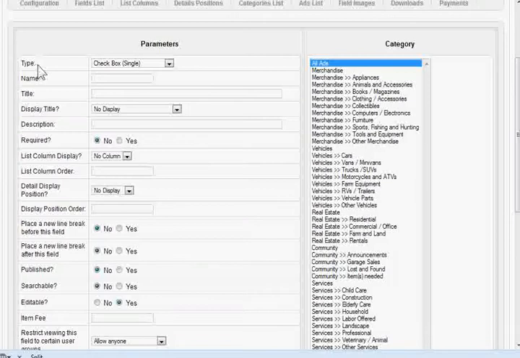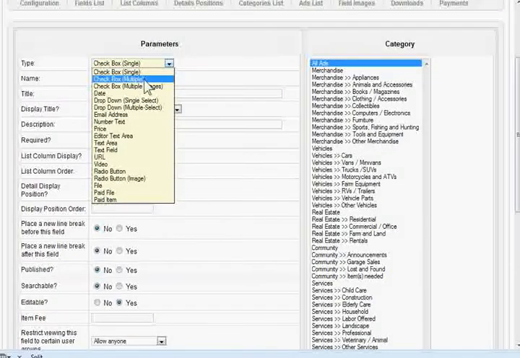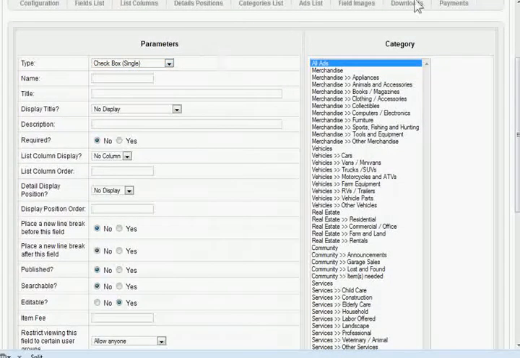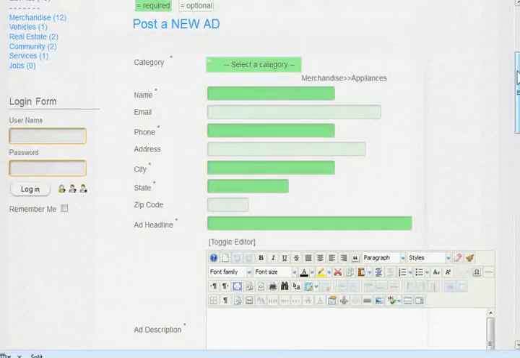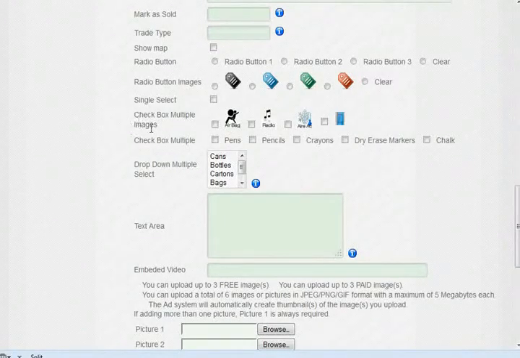Okay, you have a field type, and that can be, as you can see, there's a large selection: checkbox single, checkbox multiple, date, drop down, etc. Checkbox single and checkbox multiple are for the fields that are defined here. Here we have checkbox multiple images, where in this case it shows airbag, radio, air conditioning, video,